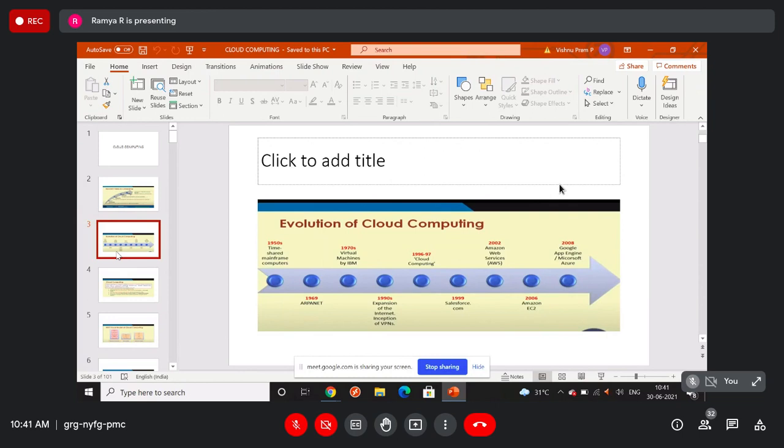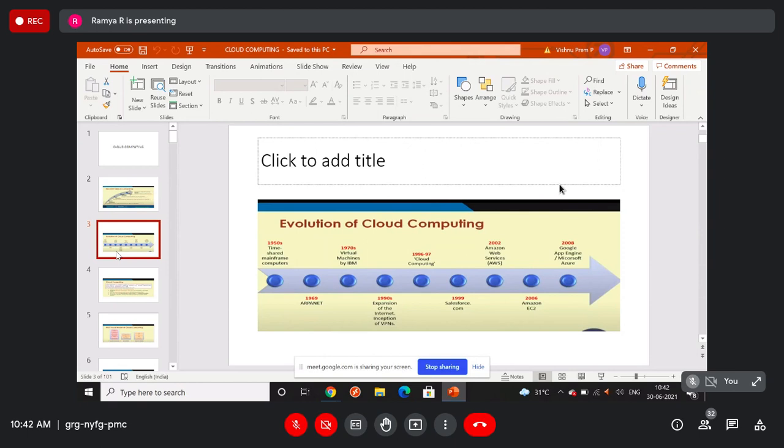For the C drive you are allocating some space, some storage, and for the E drive you are allocating a different amount of space, for each and every drive. But you are not partitioning your hard disk physically, you are making it virtually. That is a virtual concept. A virtual machine will have a different operating system, and some amount of storage from your PC is given for that. So that's a virtual machine.